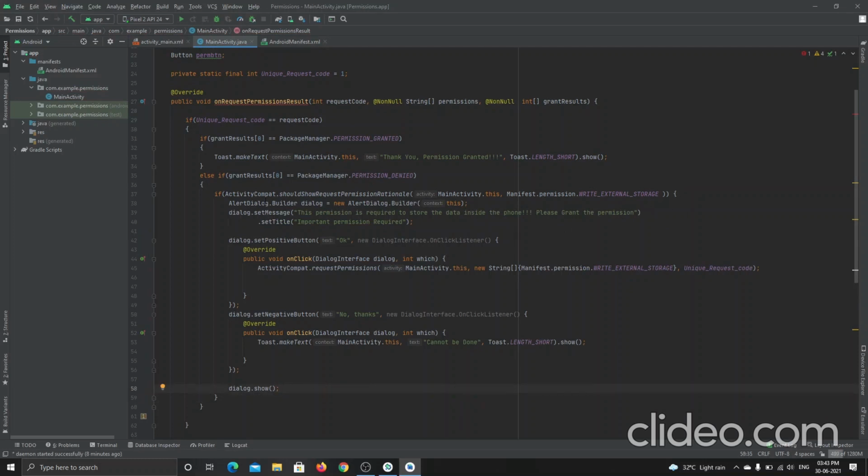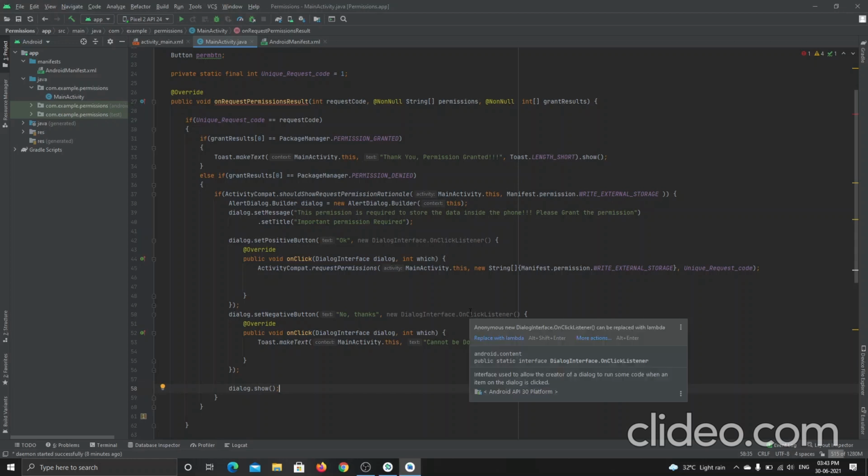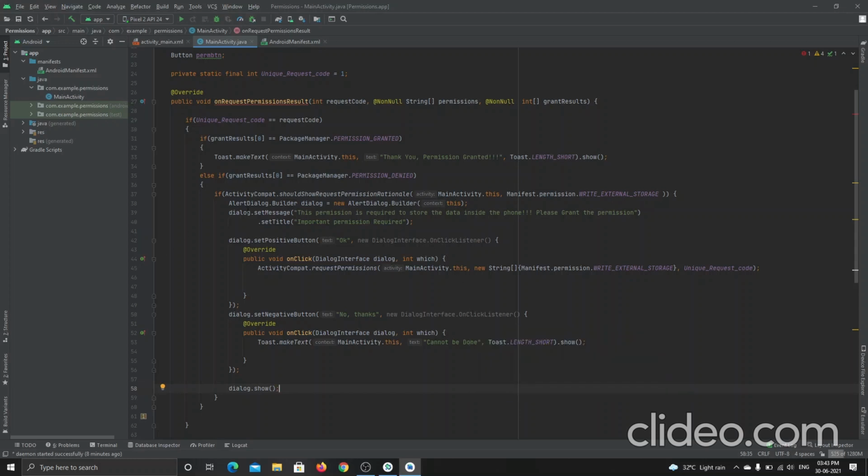See what it does is it checks the condition, whether the user checked the do not ask me again button or not. If not, it goes inside this if loop. If the user didn't check that box, then it goes into the other if else loop and shows me the message.